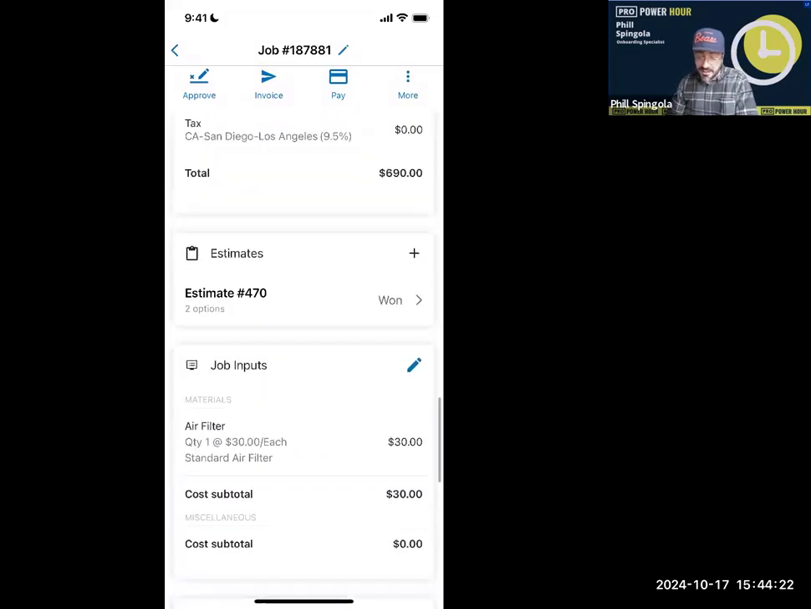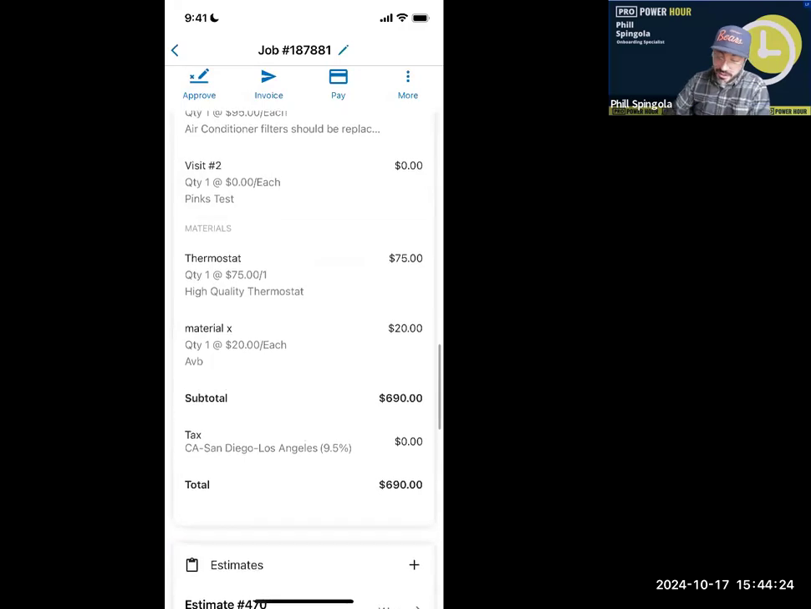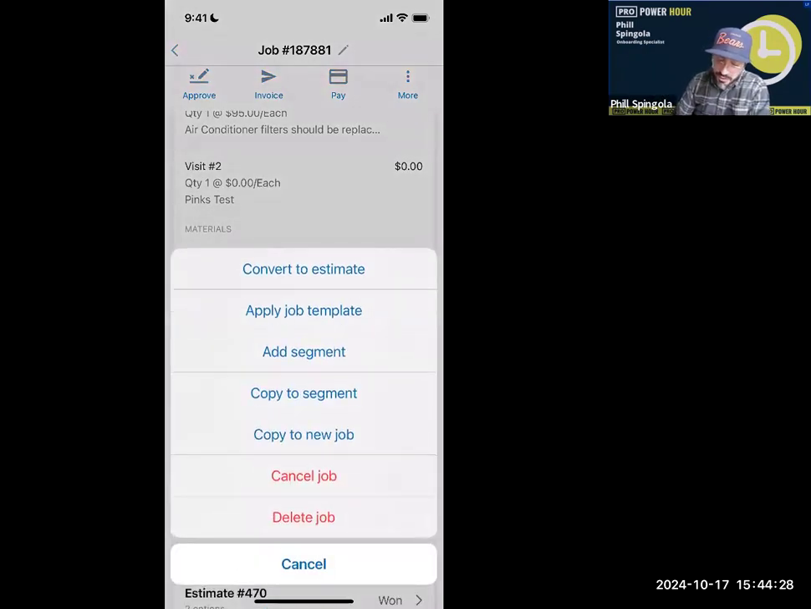So then really the last things that are on here, I'm going to first go to the more dots. So for the more dots, you do have the ability, if you are a company that really does work orders and then does an estimate, we can certainly convert this work order at this point to an estimate. We can apply a job template. So similar to estimate templates, if you,